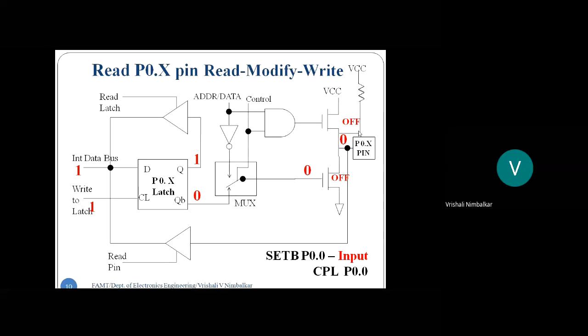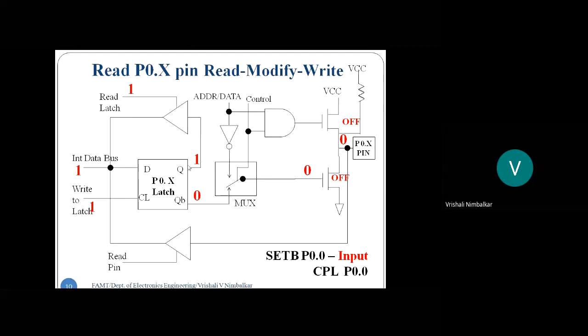Is that okay? And now what has the user done? The user has grounded that pin. So the first instruction has executed, SETB P0.0. Okay, now what is happening? The second instruction is getting executed. Complement P0.0. So since the port is source as well as destination, read, modify, write is happening, the microcontroller will enable the upper buffer. It will activate the read latch control signal. This will enable the upper buffer.